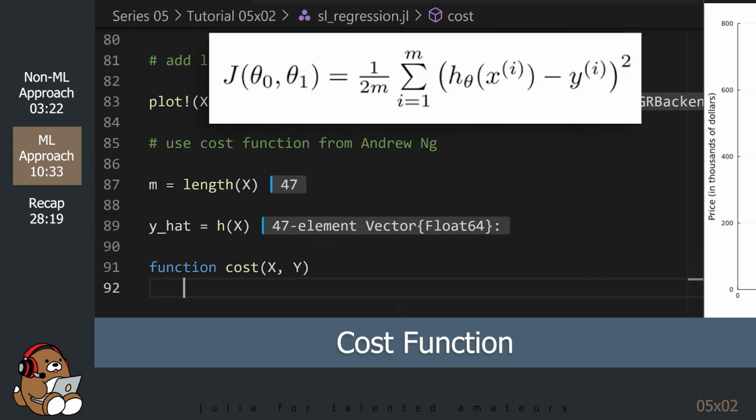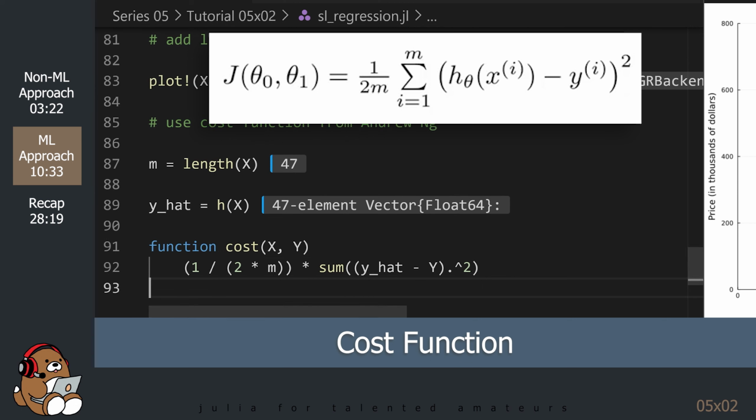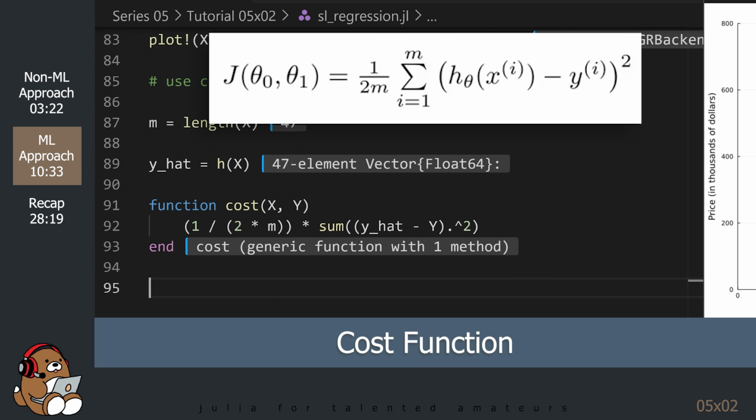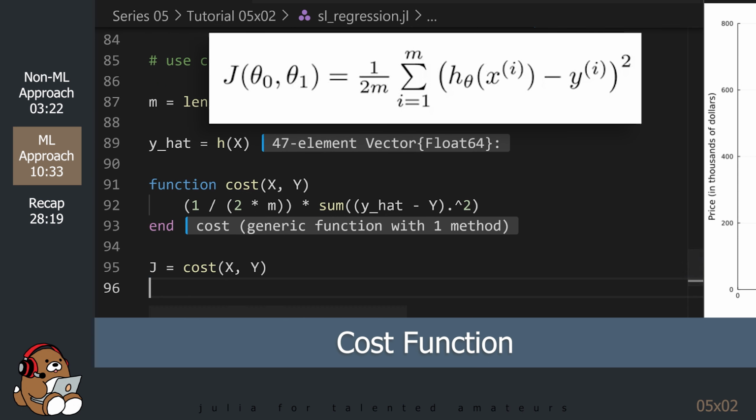This is the actual cost function that I described earlier. The cost function is sometimes referred to as the loss function. The uppercase letter J is sometimes used to refer to the cost function. It's not clear to me why the uppercase J is used, but it is a convention used elsewhere in math.